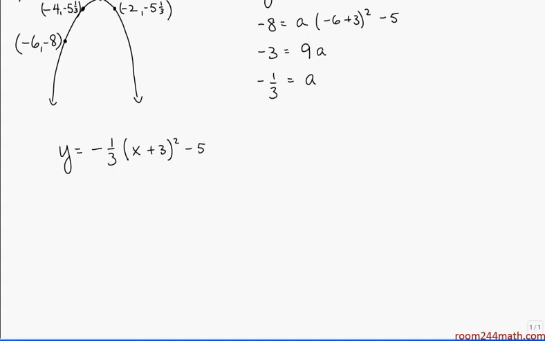Now, what if you don't quite have all the vertex? What if you're only given one of the coordinates? That can happen if you're told something like the axis of symmetry. So if you're given the axis of symmetry, let's say that it's x equal to 1, you're going to need more than just one additional point. So if it's a graph, hopefully you can identify a couple of points, but if you're just given a sketch and told a couple of points,